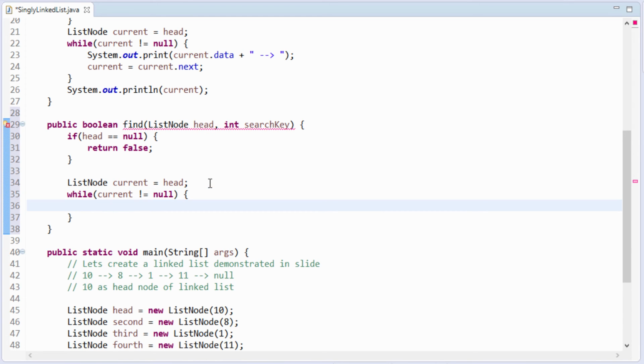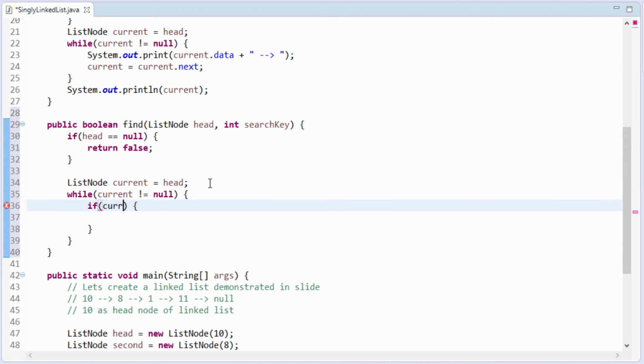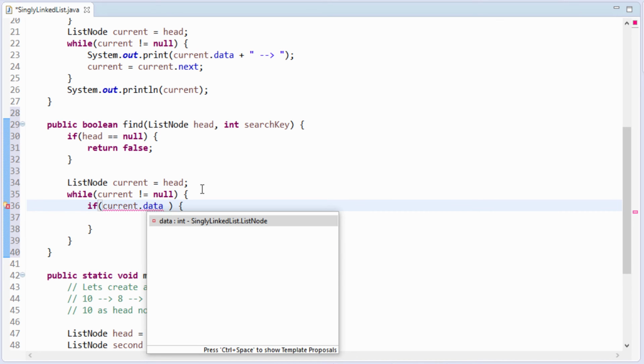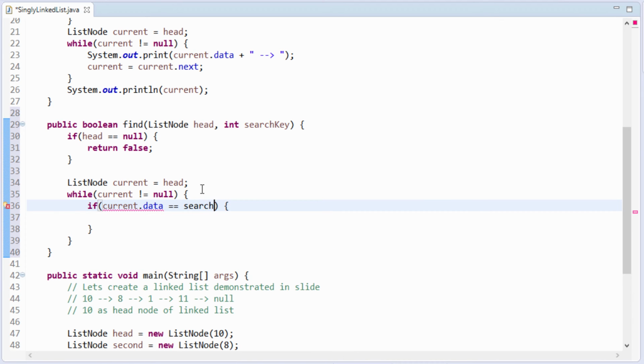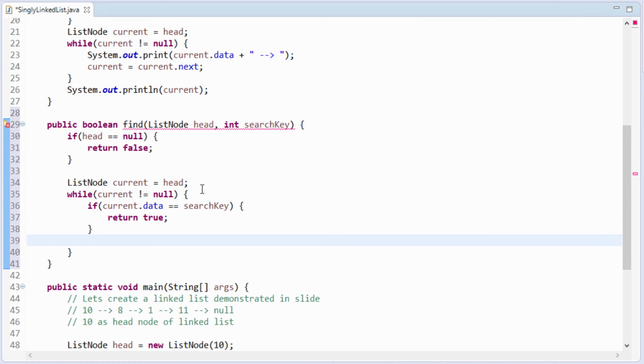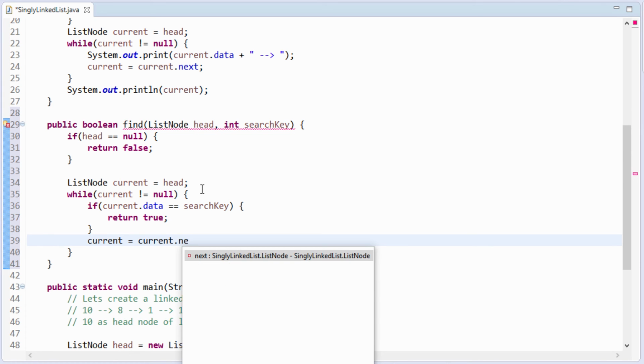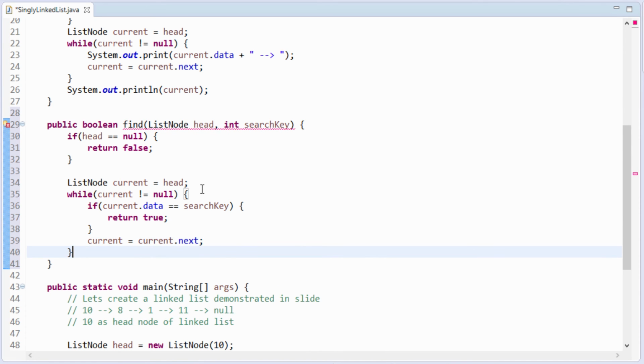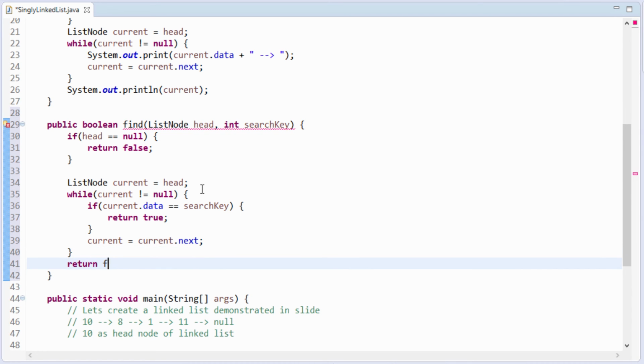Inside this while loop we'll provide an if condition, as we discussed in the slide: when current dot data equals search key, then just return true. And after the if, we'll just traverse the current to its next node. So to current we'll assign current dot next value, and if the current reaches the end and the search key is not found, we'll simply return false.